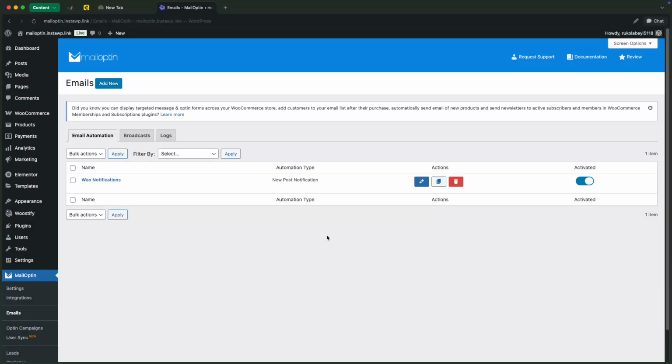In today's video, you're going to learn how to send emails to WooCommerce customers using mail opt-in. Alright, so to begin, to get here, you'll just need to go to mail opt-in on the left and click